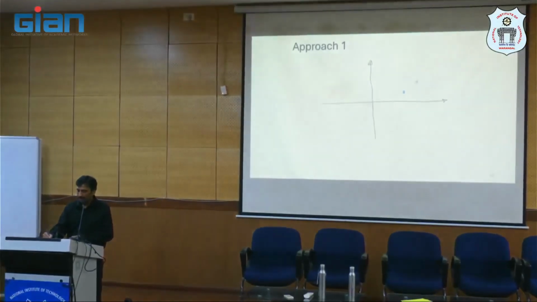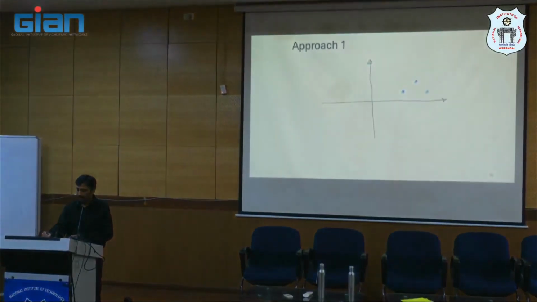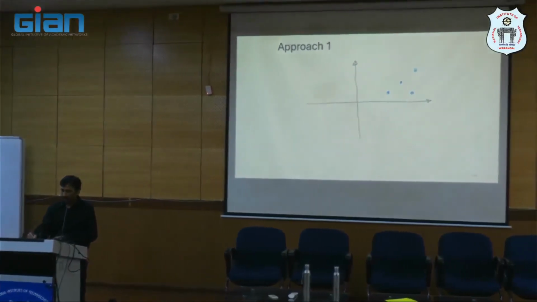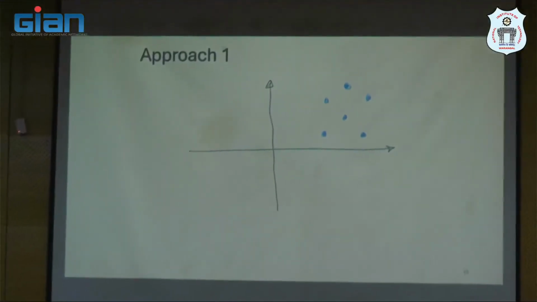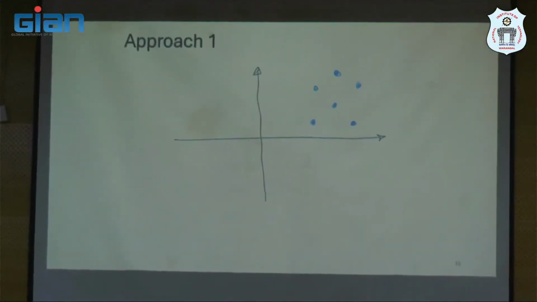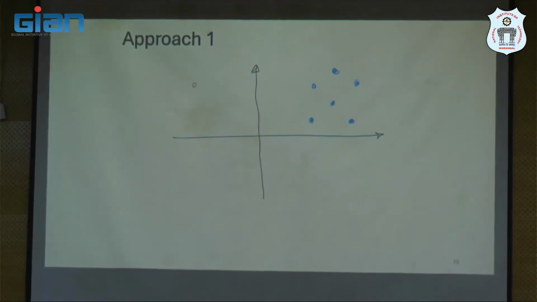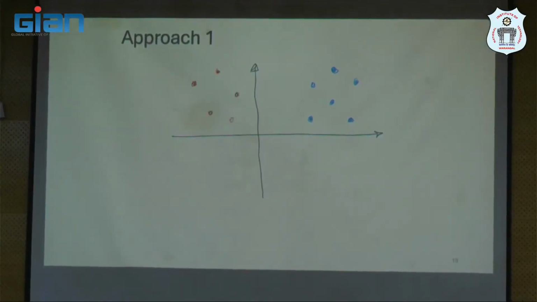All the healthy data points, or features, are indicated in blue. All the faulty data points are indicated in red. 1, 2, 3, 4, 5, 6. Okay, so I have 6